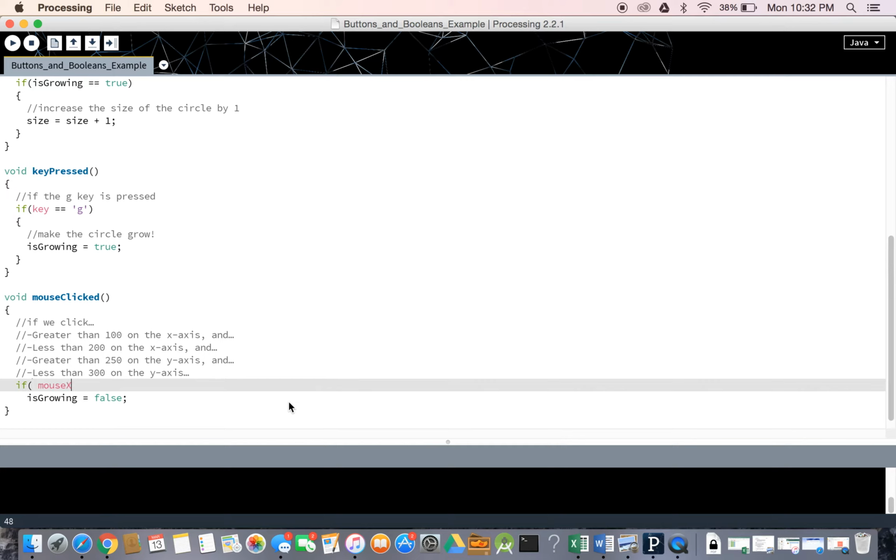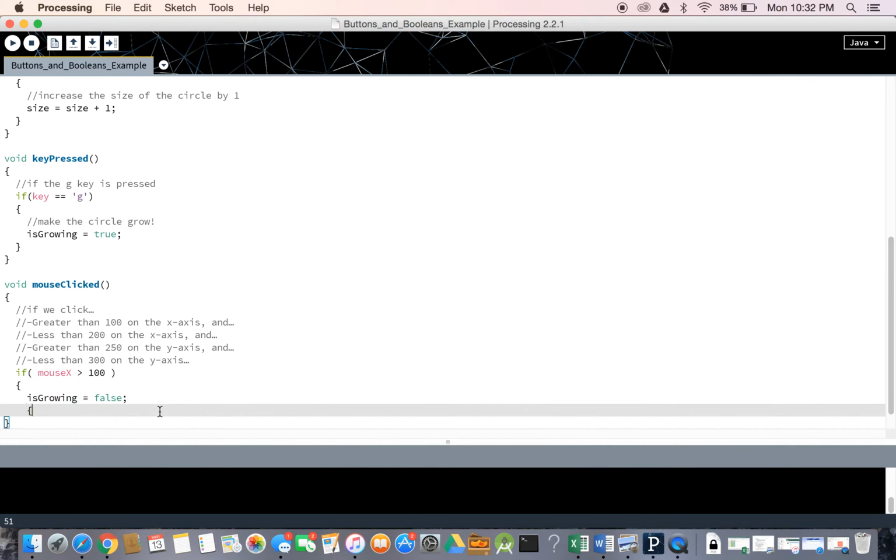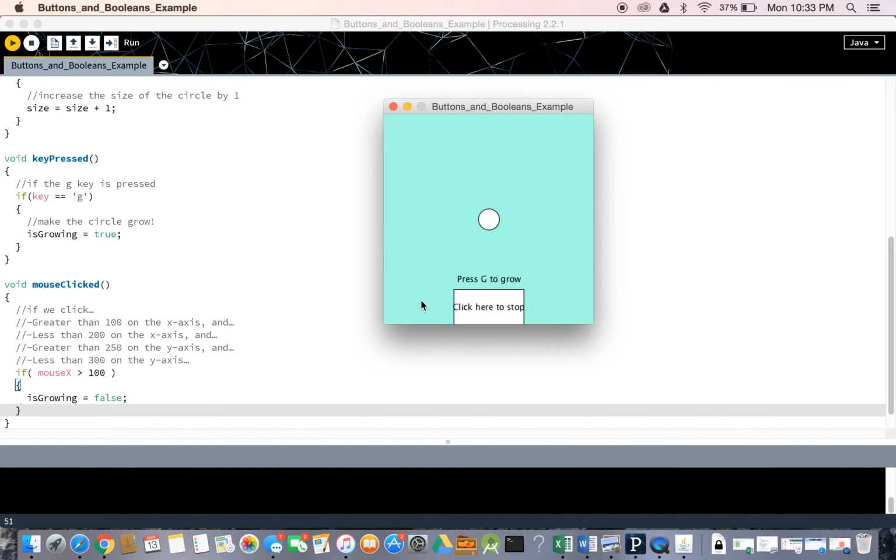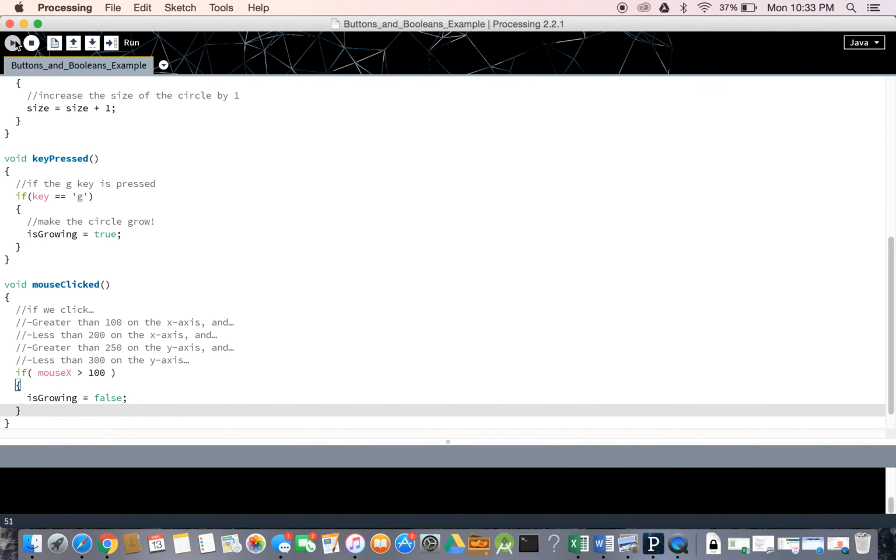We're going to say mouseX is greater than 100. Okay, now let's just try this. If mouseX is greater than 100, we'll add our brackets that we need here, and set isGrowing to false. So let me actually try playing that. Let's check on this side. Oh, sorry, we pressed G first. Then we're going to check. No, it's not going to stop it growing on this side before 100. But if I run this again,